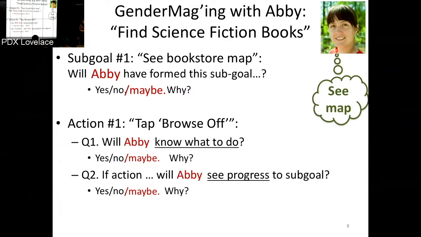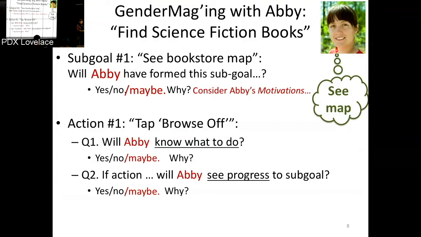Some people say, yes, she will have this sub-goal, and here's why. Some people say, no, she will not have that sub-goal, and here's why. And they're basing it on her cognitive styles, which are all enumerated in the personas. So after we've harvested all that, somebody's written it down, what we have is the beginning of a usability bug report. And if some of the reasons they said no involve particular problem-solving styles, then we also have a gender bias bug report. And sooner or later, we can integrate this in with other bug reports. Okay, so there we go.